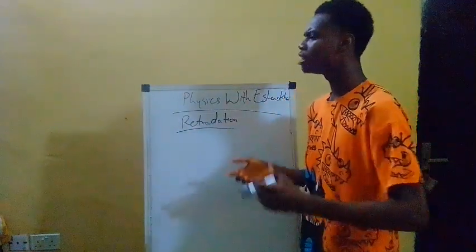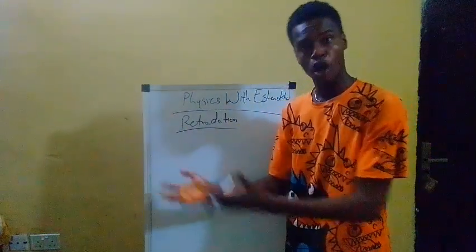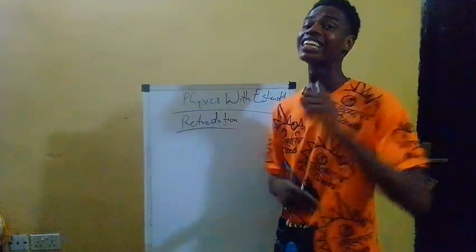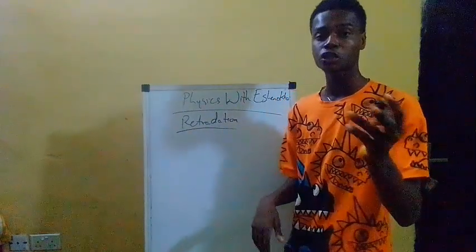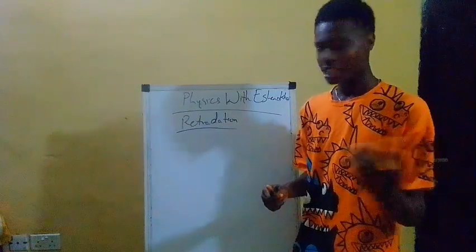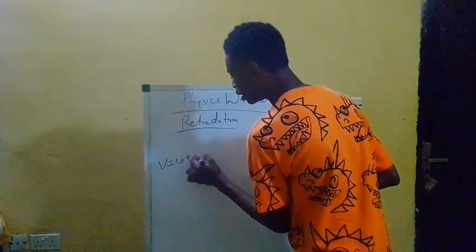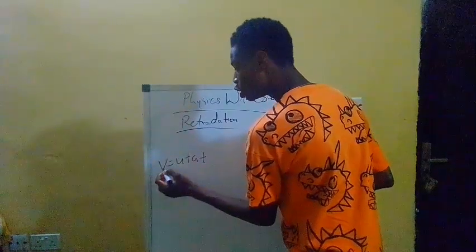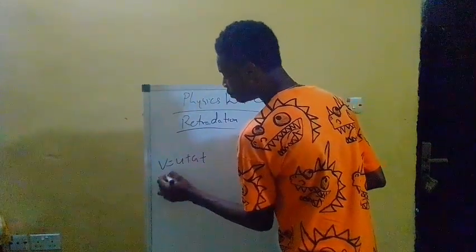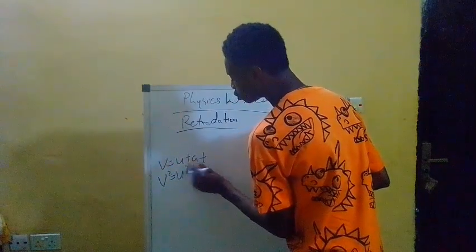I talked about that. And in motion, I talked about motion as the change in position of a body or an object with respect to time. Then I wrote some equations for uniformly accelerated motion, like v equals u plus at. If you can remember, I also wrote something like v squared equals u squared plus